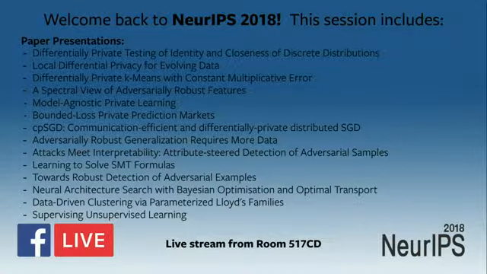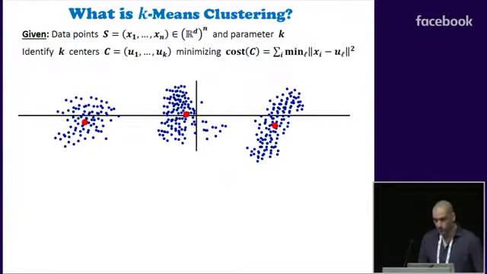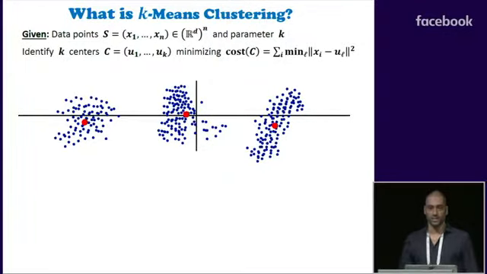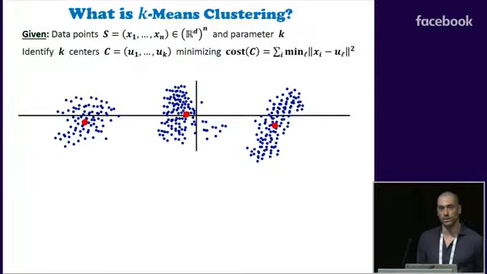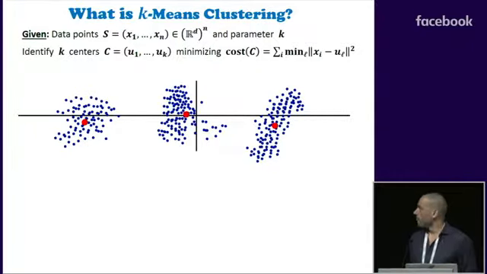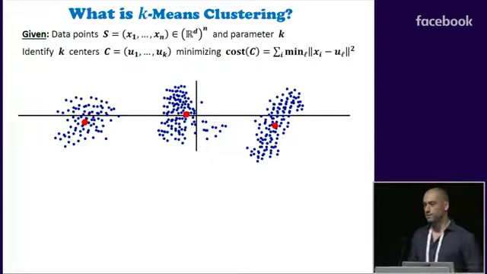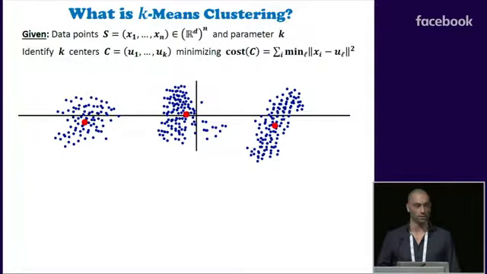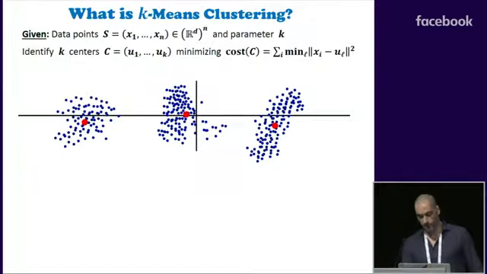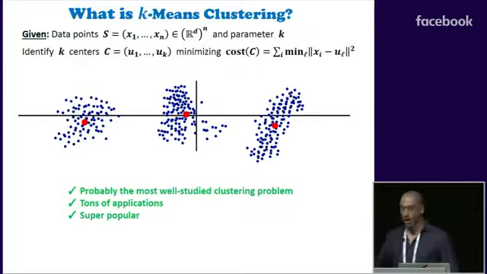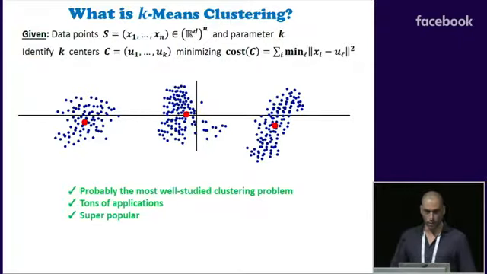Okay, so hi. This talk is about differentially private k-means clustering. So first, something easy. What is k-means clustering? I'm sure you've all heard about k-means clustering, but I'll show you the definition quickly anyways. In k-means clustering, we are given a set of n input points from some metric, let's say the Euclidean space R^d, and our task is to come up with k centers that minimize the sum of squared distances between each input point and its nearest center. That's k-means. It has lots of applications, we like it.